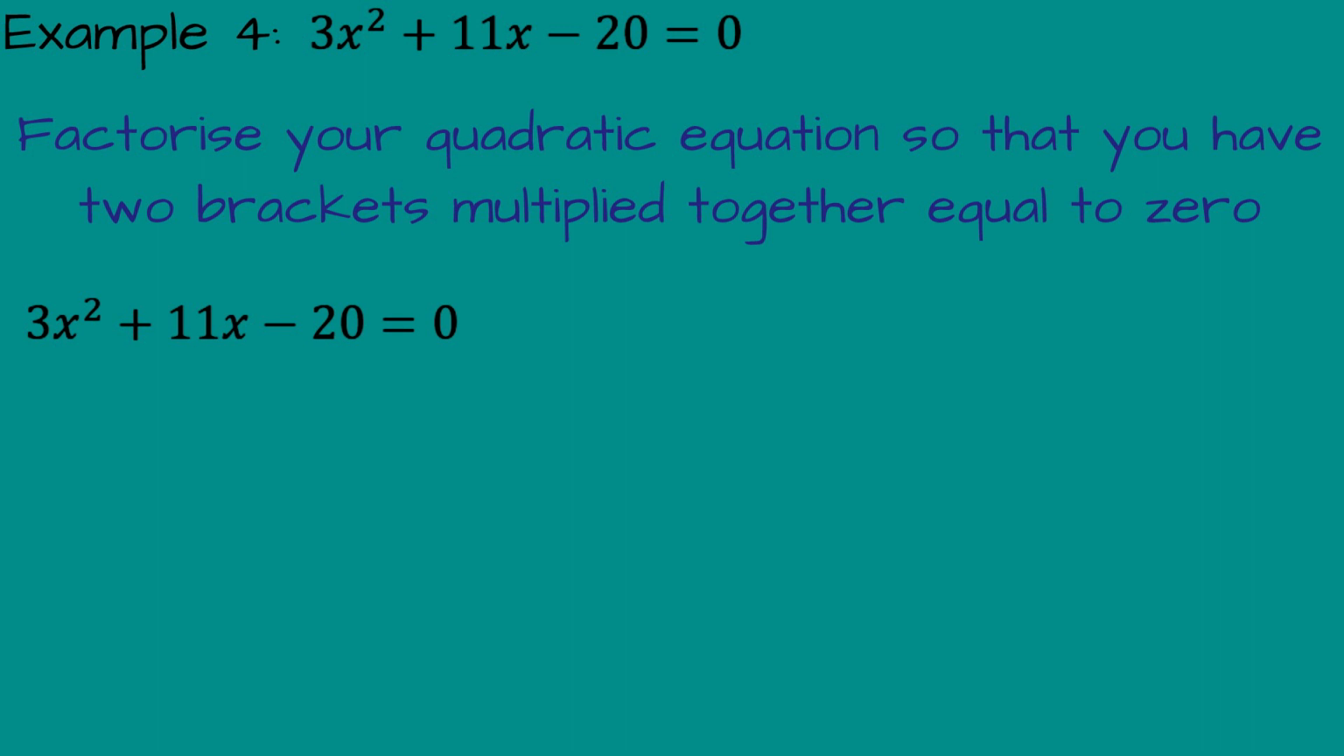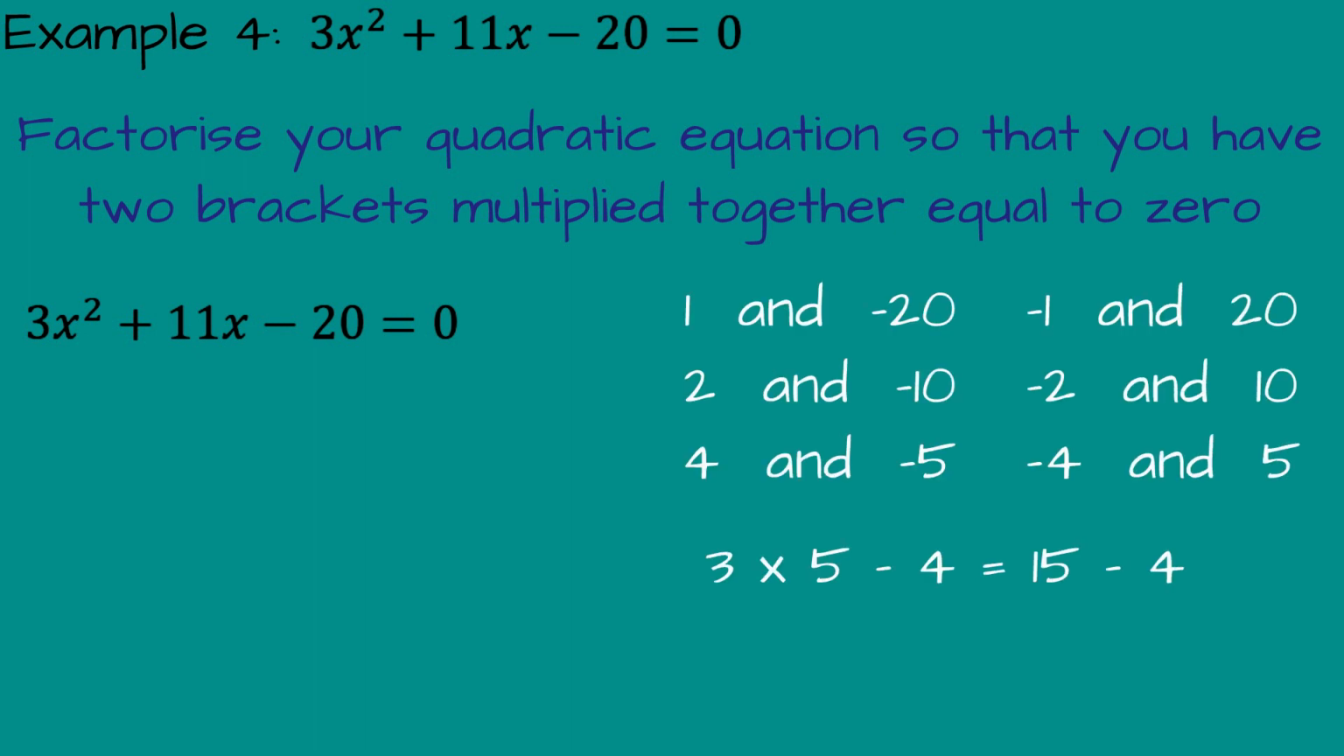You need to find two numbers that multiply together to get minus 20, where 3 times one number plus the other is 11. Numbers that multiply to minus 20 are minus 1 and 20, 1 and minus 20, 2 and minus 10, minus 2 and 10, 4 and minus 5, minus 4 and 5. As 3 times 5 minus 4 is 11, the equation factorizes to 3x minus 4 times x plus 5 equals